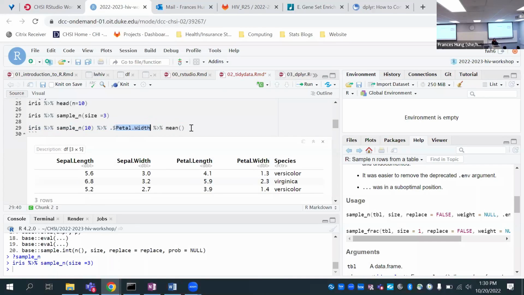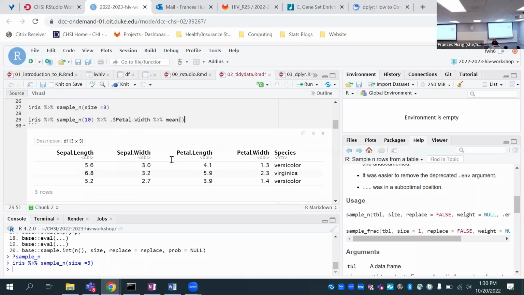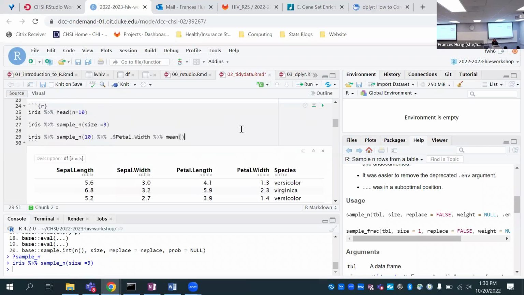So it's taking 10 samples, why is it only getting back one number? It's one number because it's first taking these 10 samples, then taking the petal width column, which would be 10 values, and then taking the mean of those 10. One way to really work this out for yourself is to execute one part at a time and see what happens.